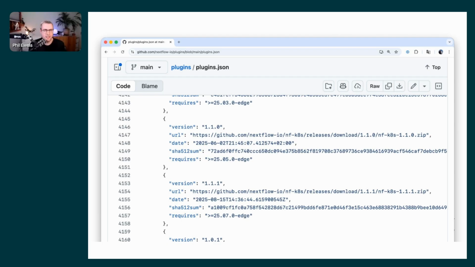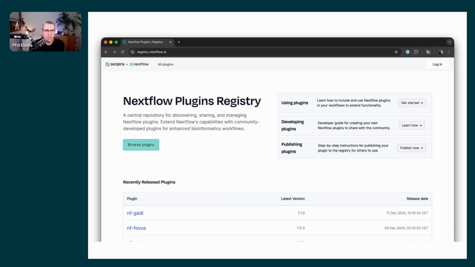but it doesn't scale brilliantly. That JSON file gets bigger and bigger and bigger, slower and slower and slower for Nextflow to download at every runtime. And if there are any glitches with that download, then Nextflow can't run. So we've been feeling some growing pains around that for a while, and wanted to see if we could do better. So we've launched the Nextflow plugins registry, which you can visit now at registry.nextflow.io,